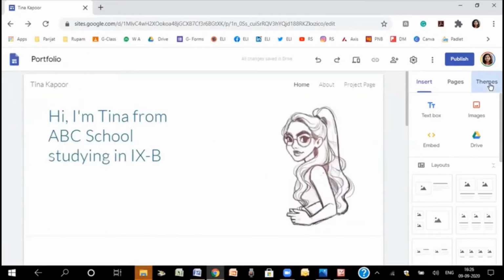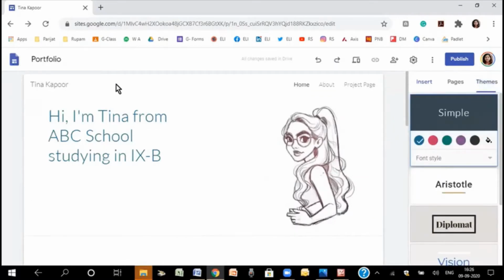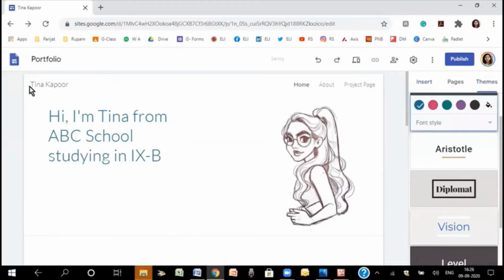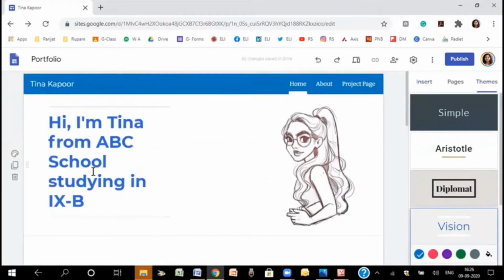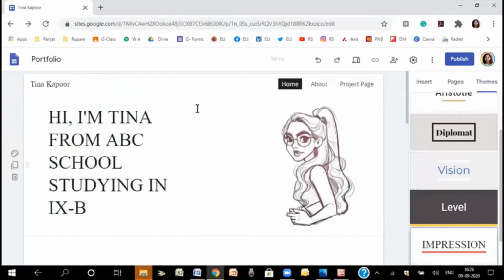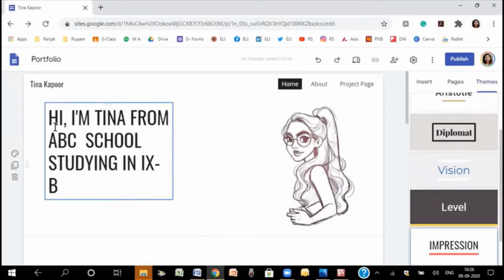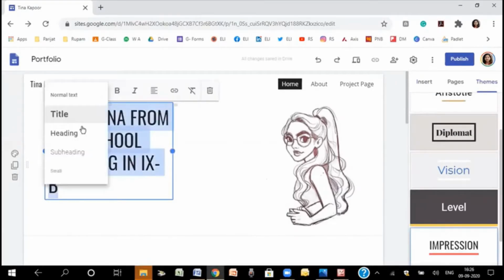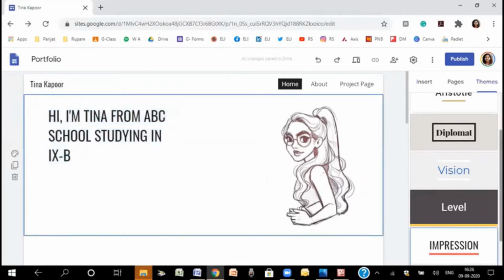So there are a lot of options here. First of all, let's go on to theme. You can change the theme here. Suppose you want, say, vision as the theme. So this will become blue. The text font size will change. But if you want it different, you want it to be in this form, so this will be coming out. If you want that the text size is too much and it should be reduced, you can always choose a smaller text. So you can keep changing.